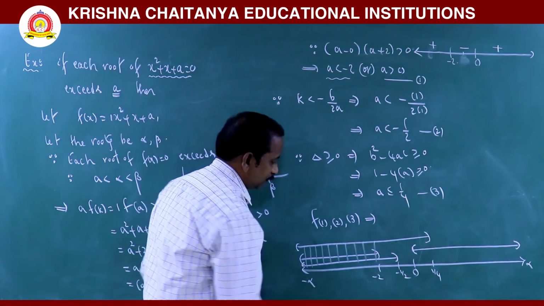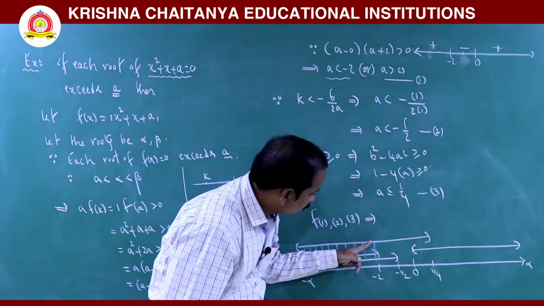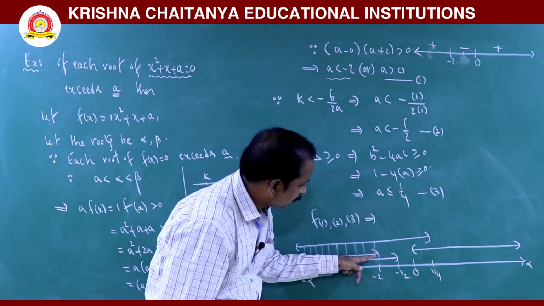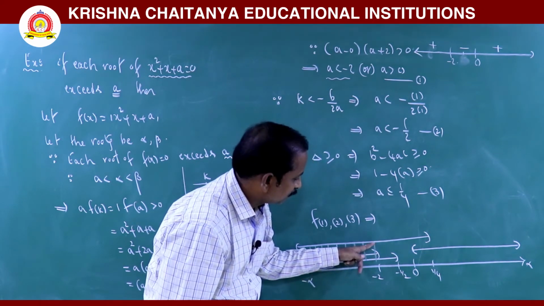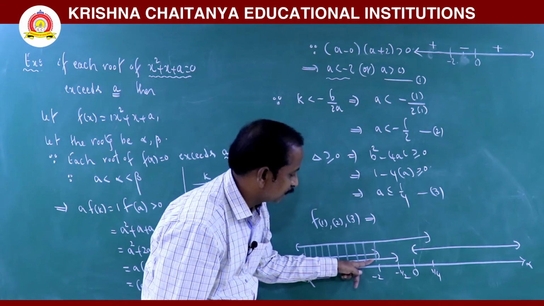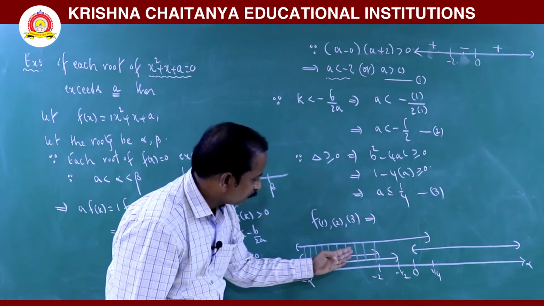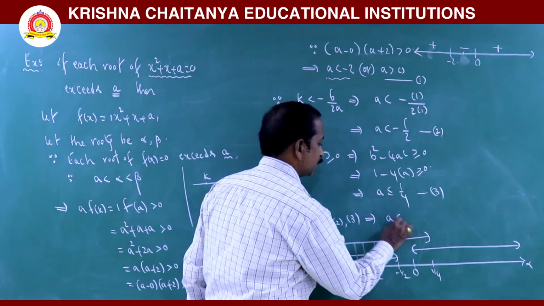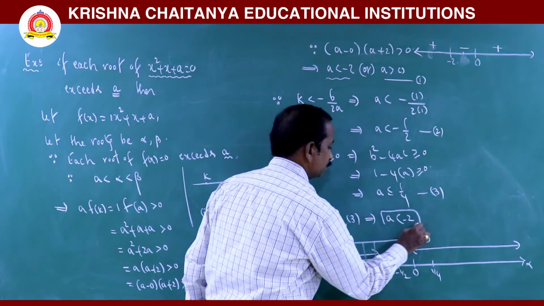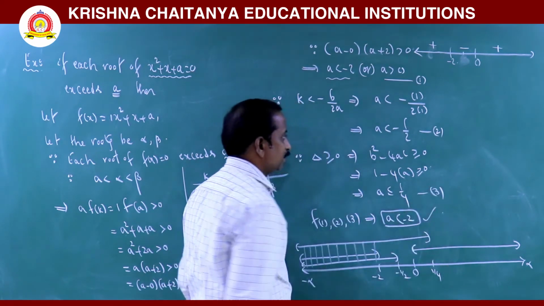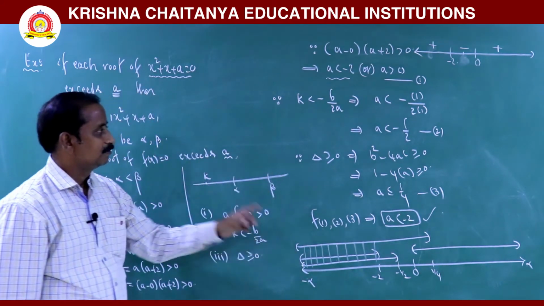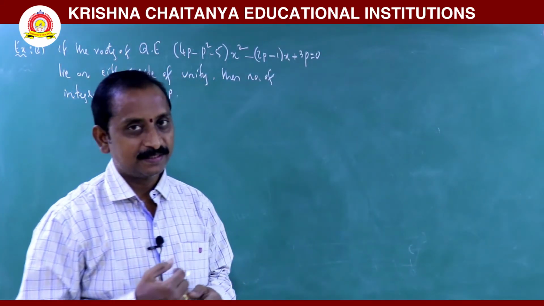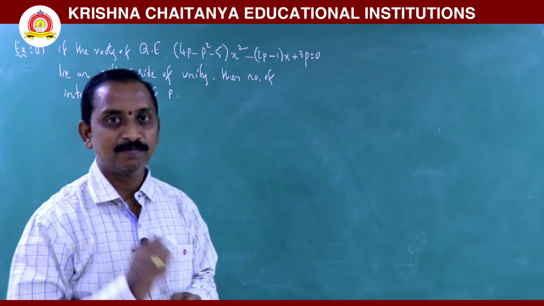So, the common part, let us observe. For this part, minus 2 exists, here also minus 2 exists, but here minus 2 does not exist. So, for these three, minus 2 is not considered, but all the remaining values are considered. So, from 1 to 3, the required value of a becomes a less than minus 2. So, regarding the theory, one example solution we can calculate through this process. Okay. Regarding this theory, I can consider one more example.